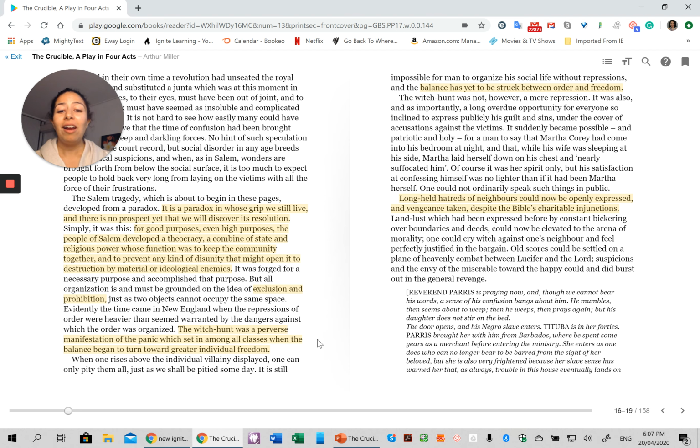And then you've got Miller's point of view, which is so important. He says there, the witch hunt was a perverse manifestation of the panic which set in among all classes when the balance began to turn towards greater individual freedom. So really, that idea of saying it was a perverse manifestation of the panic, it's very biased. You can see the fact he's calling it perverse is a pretty strong critique of the behavior that started happening in Salem, and then of course applying that back to the McCarthy era, where